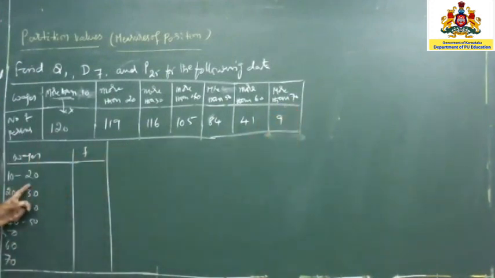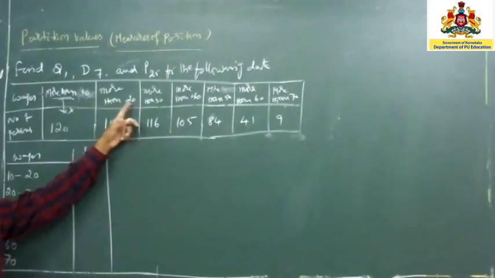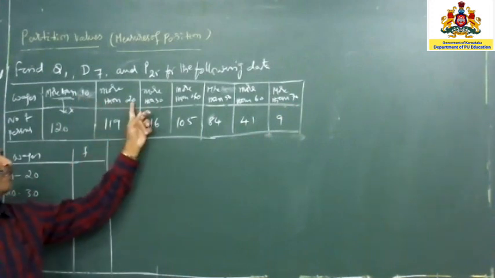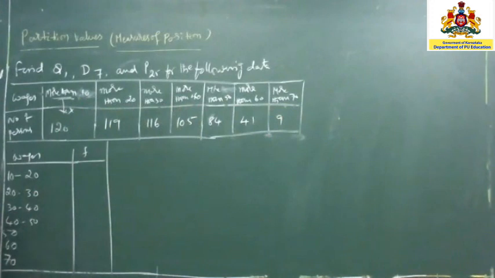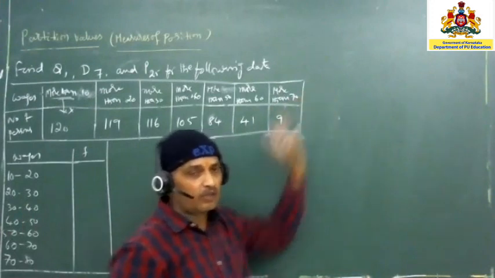Now how to increase this, can it be 5 or 10? No, because if you look at the class intervals, here is a 20, here is a 10. 20 minus 10 is 10. 30 minus 20 is 10. 40 minus 30 is 10. So everywhere the class interval is 10, so you can add it. 10 plus 10 is 20, 20 plus 10 is 30, 30 to 40, 40 to 50, 50 to 60, 60 to 70 and 70 to 80. Why? Because more than 70 is given, so more than 70 is 80. Why do we have to stop it? Because there is no more than 80. So you have to stop it here itself.